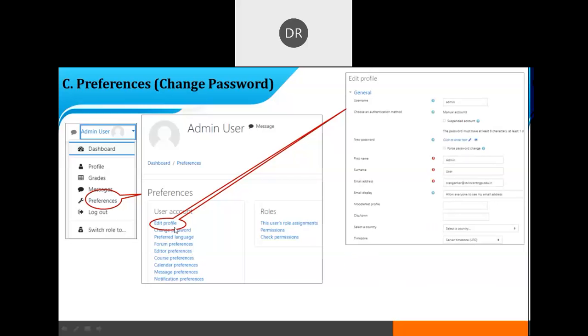After clicking on edit profile, you will find the new password. First of all you have to change the password. Whatever system-generated password you received through the mail, after logging in to your website, first you have to change the password. You can write your first name, your surname, and the email ID, because this website is created using the email ID, so you will see the email ID here. Then put your name, surname, city name, and country,